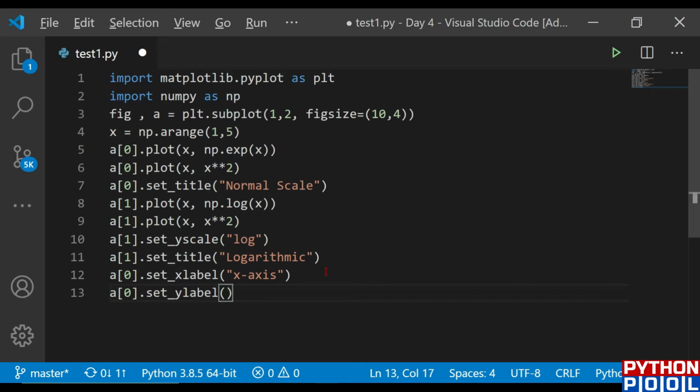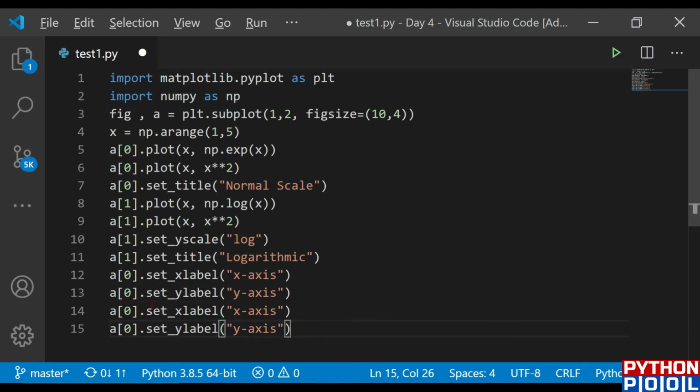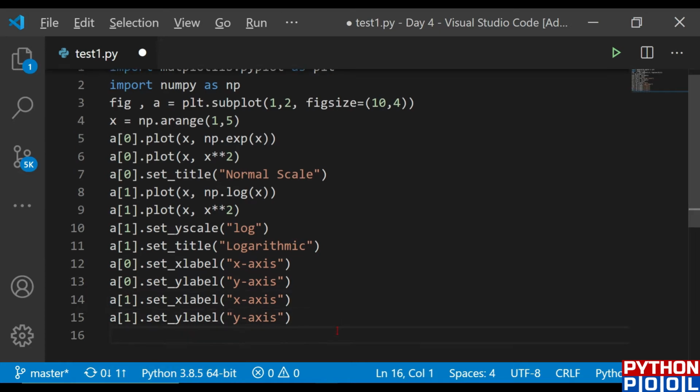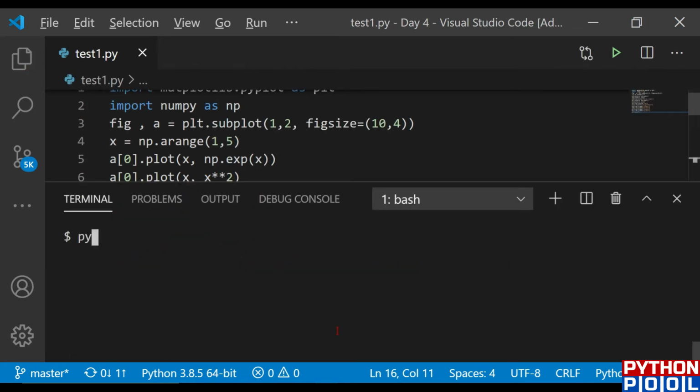Let me give the label as y-axis, and same for a1 too. So let me copy this and just paste it here and define it as 1. Okay, and then after this I'm just going to call the show function, so plt.show, and once I hit save, let's see if it runs.